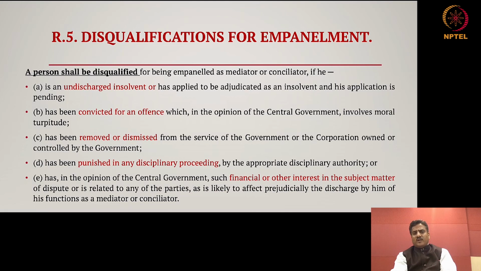A person shall be disqualified for being empaneled as a mediator or conciliator if he is an undischarged insolvent or has applied to be adjudicated as an insolvent and his application is pending, one who has been convicted for an offense which in the opinion of the central government involves moral turpitude, a person removed or dismissed from the service of the government or a corporation owned or controlled by the government, a person who has been punished in any disciplinary proceedings by the appropriate disciplinary authority,